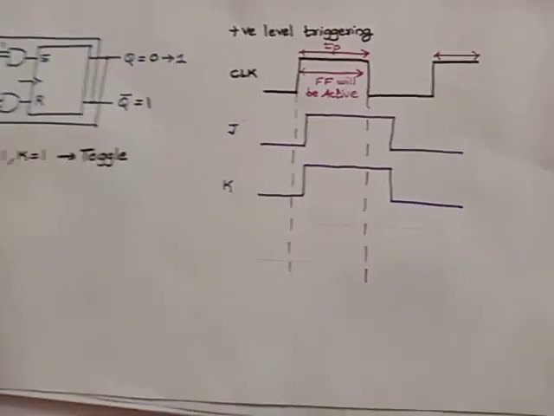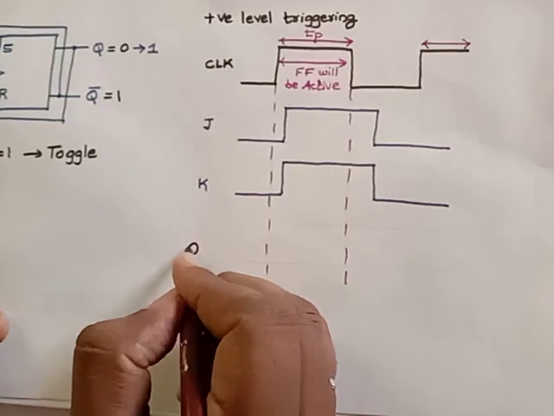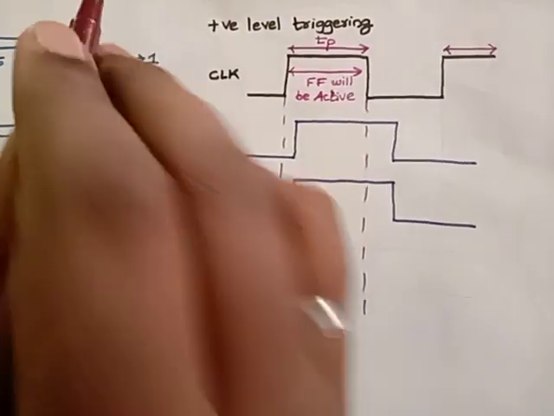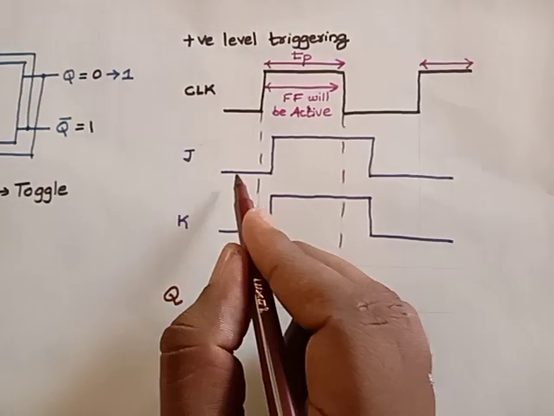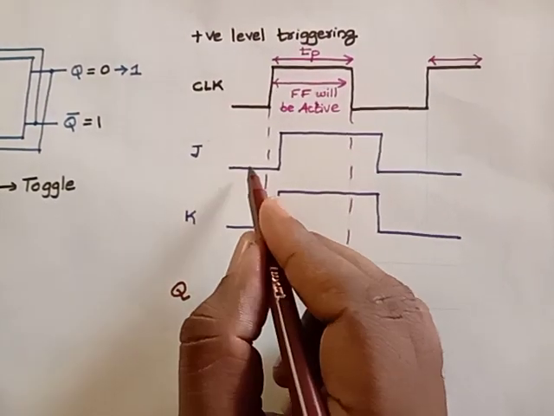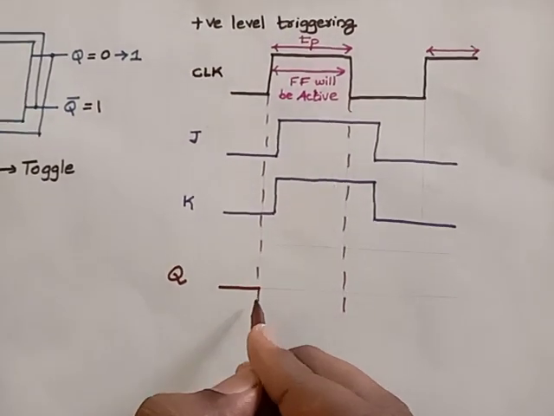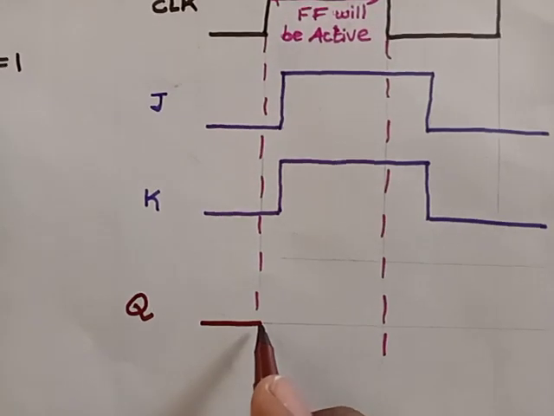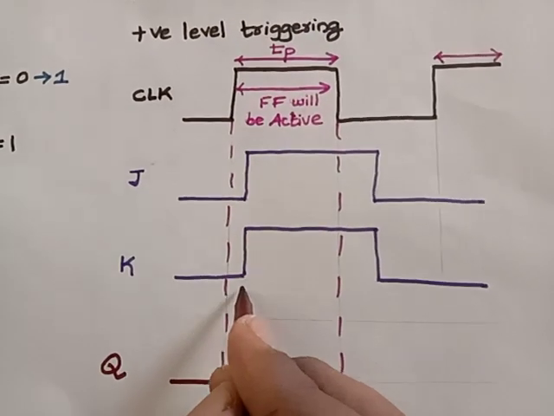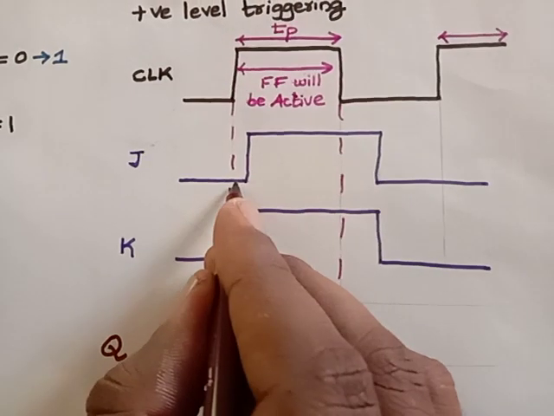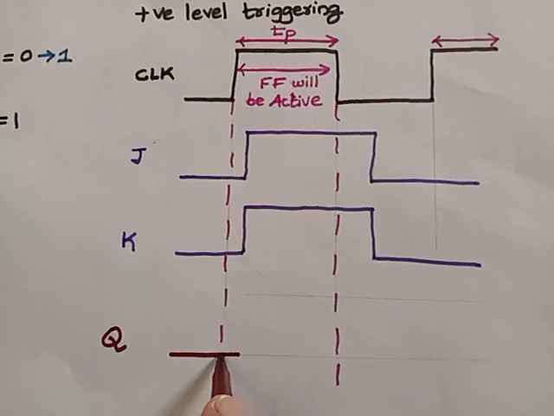Now please understand here, initially the Q was already in present state, so it will be in present state as such. Up to this, there is no change because the clock pulse is not active. After this line, this pink color line, this flip-flop will be active over this pulse width, correct? So now here, up to this end, if you see, the J value is 0 and K value is 0, so there is no change in your present state. It will be as such.